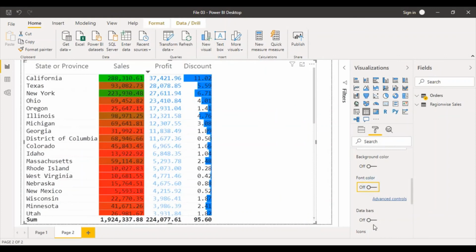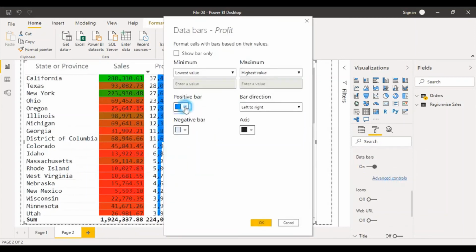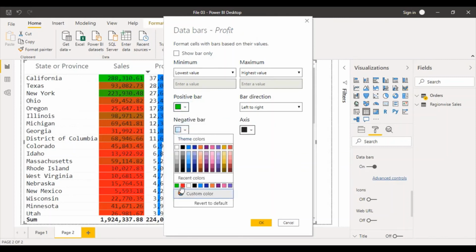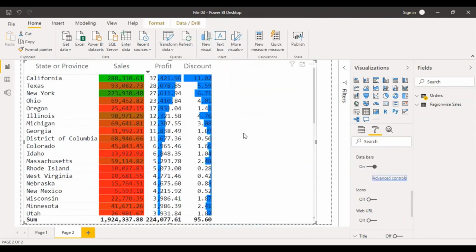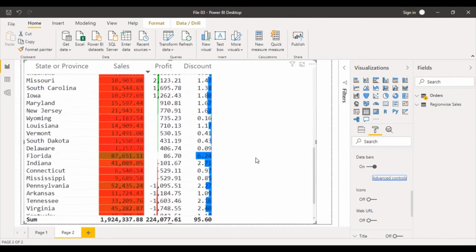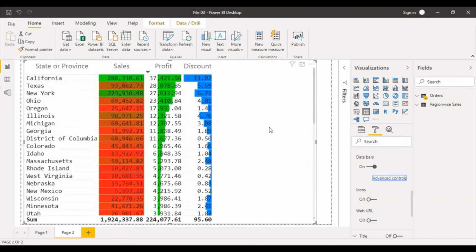So let's just turn this font color off and change this data bars option on. We can go to advanced controls, and there are these positive bars. We want positive bars with, say, green color and negative bars with red color, and we can click on OK. Then all the positive values in profit are shown with green, and the negative values are with red, which means that's a loss instead of a profit if